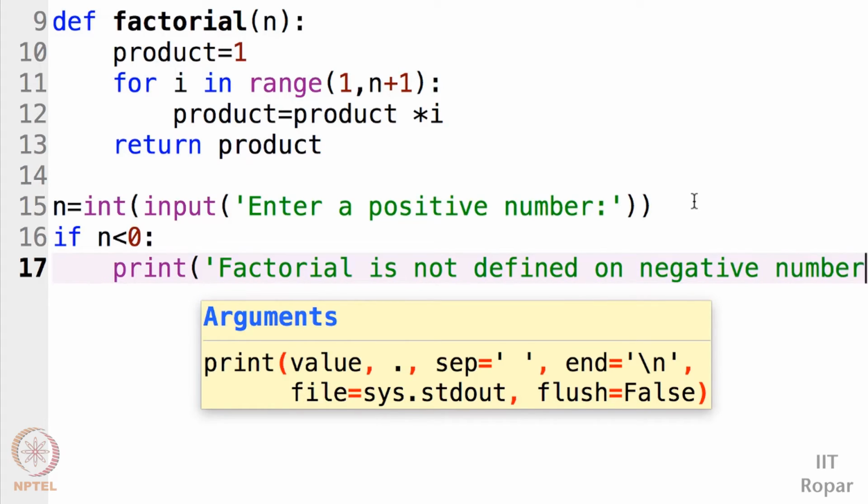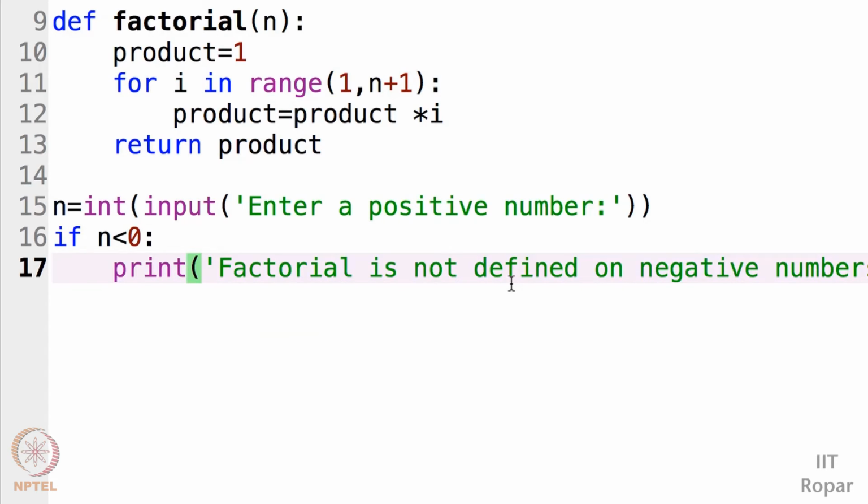See, why we are doing this is what we call fault tolerant nature. If the user by mistake has given some input which is actually incorrect, we should not throw at him some random results and terrify him. We should give him a polite message so that he can understand what is the mistake he has done and he will not repeat it. So this is one of the software engineering principles we are following. If n is less than 0, that is, it is a negative number, say that factorial is not defined on negative numbers. Else,